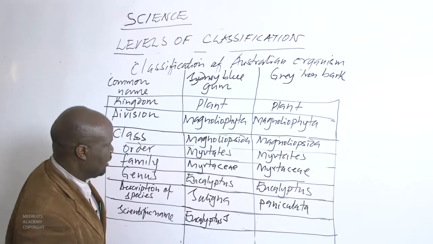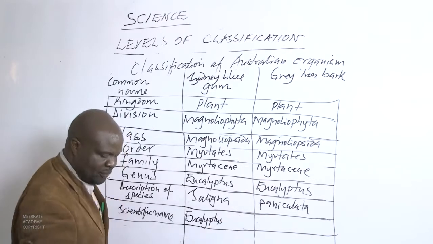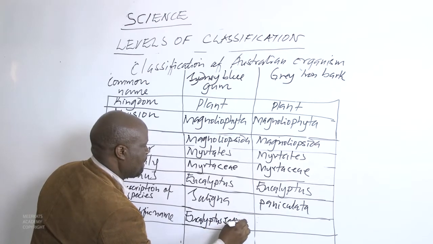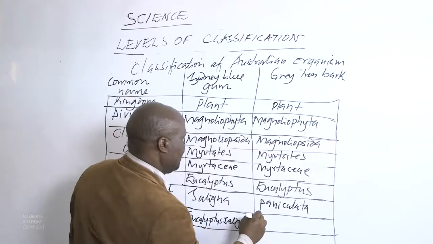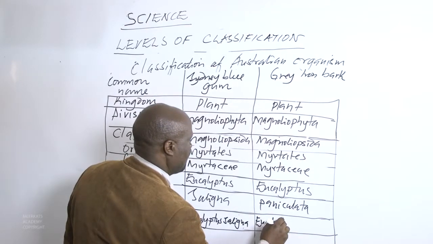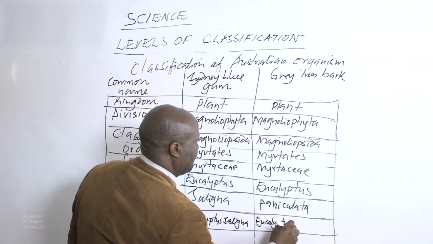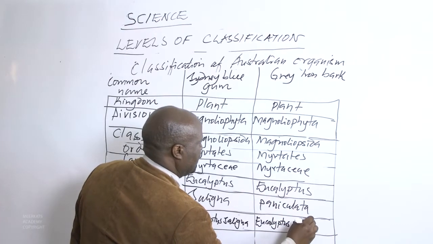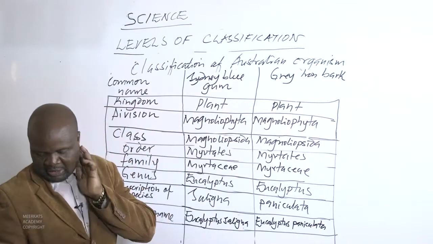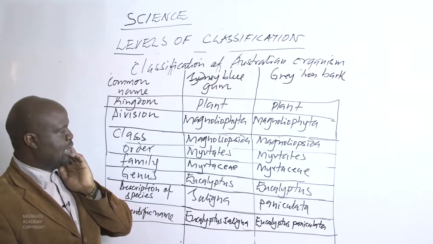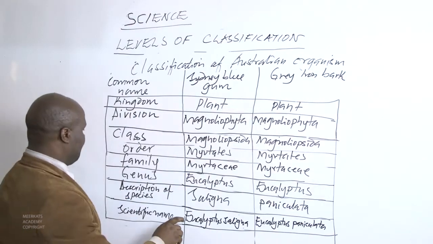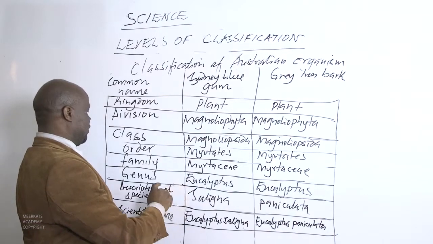Followed by another name that starts with a small letter. So Eucalyptus saligna. Then this one will be Eucalyptus paniculata. Paniculata, Eucalyptus paniculata. So we can see that writing a scientific name is a combination of the genera and